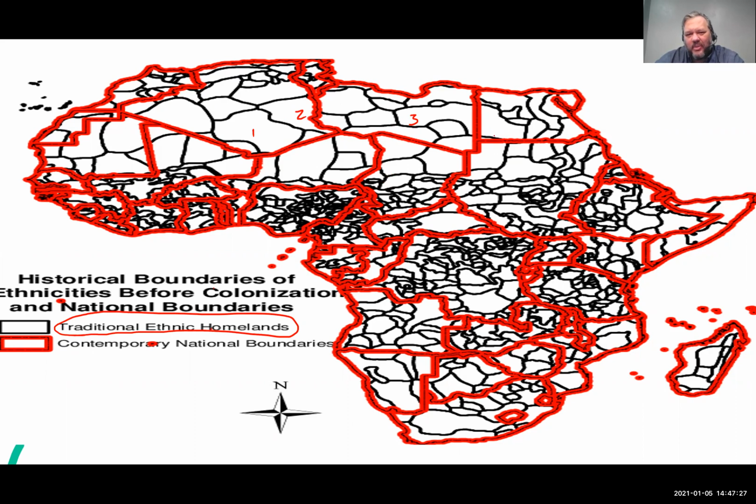And so here's one of the problems: when they drew these lines, they drew them in a very arbitrary way, meaning they didn't take into account where the different ethnicities were. And so if you look at a line like this,